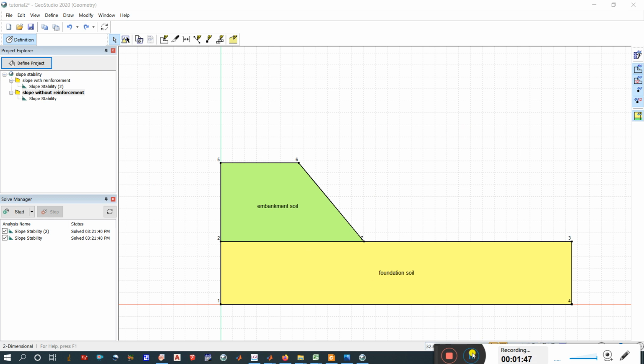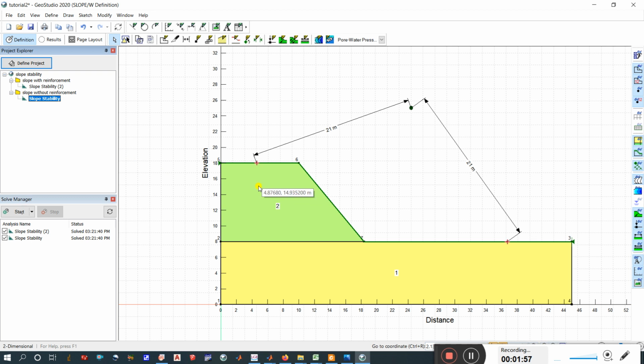First let me show you what we have done in the last lecture. In the last lecture we made a model for the slope without reinforcement, and we provided the materials, a slip surface entry point and exit point, and the center of rotation for the slip surface.